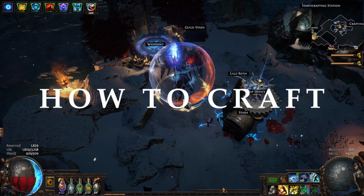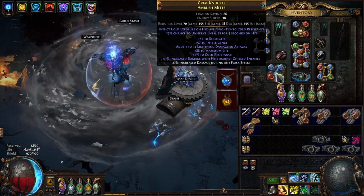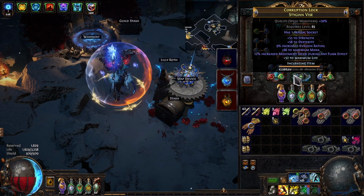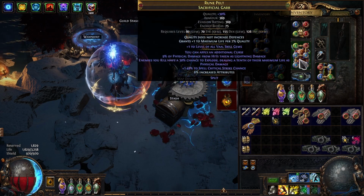And this time we will be talking about Zoom Blade Vortex gear, and specifically we will be talking about temple gloves that I have right here with double attributes and movement speed belt, elevated unaffected by ignite boots, and explodey